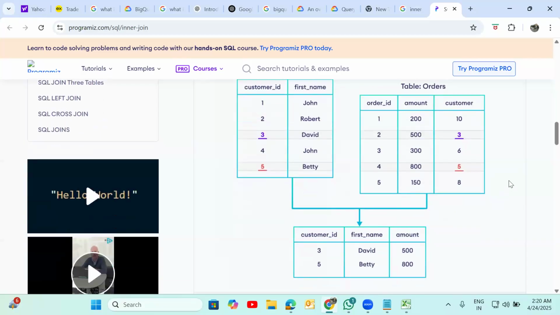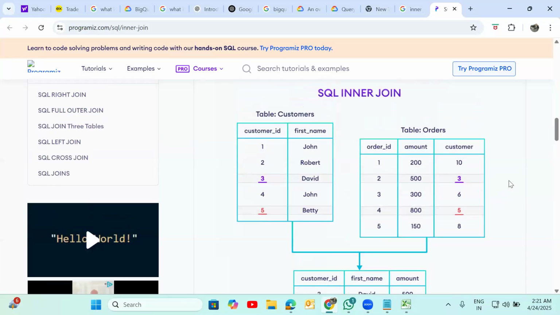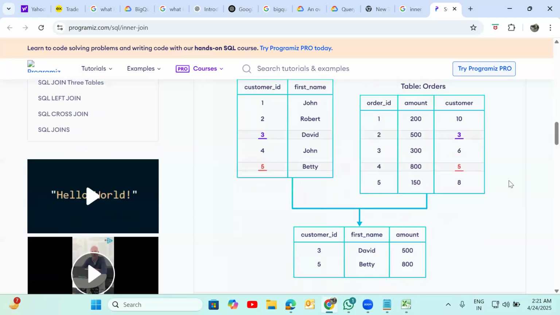Basically, you're giving a variable, right? You're saying like X equals 2, so anytime you see an X, it means 2. The customer ID in the table on the left is the same as the customer number on the other.